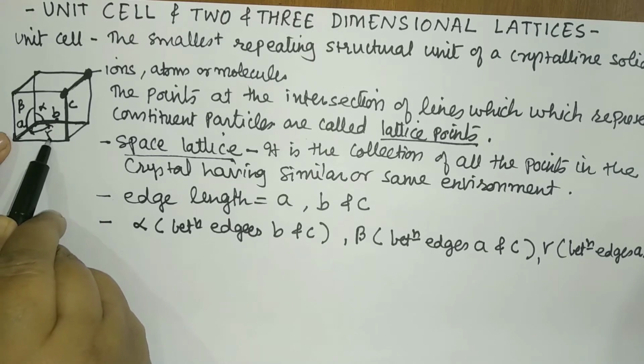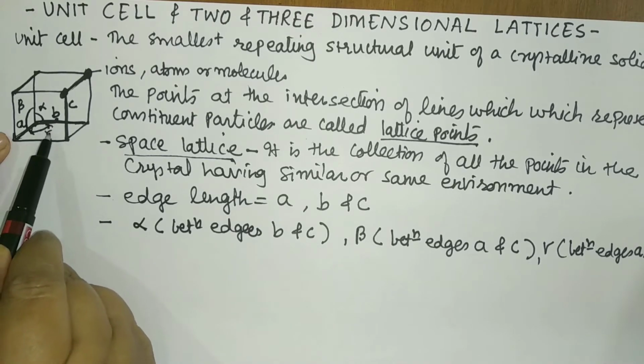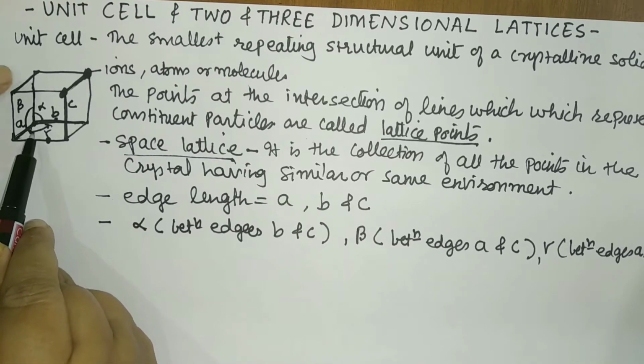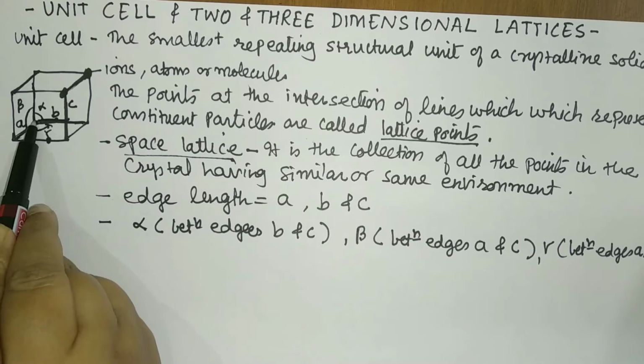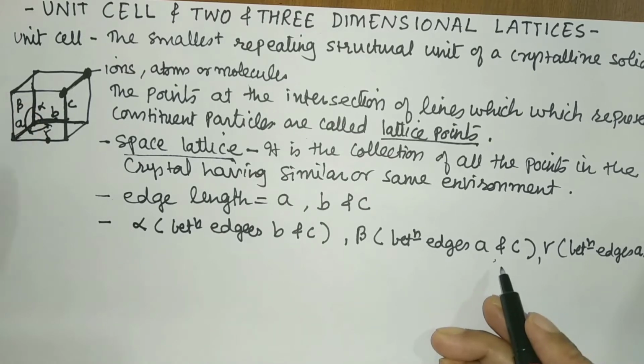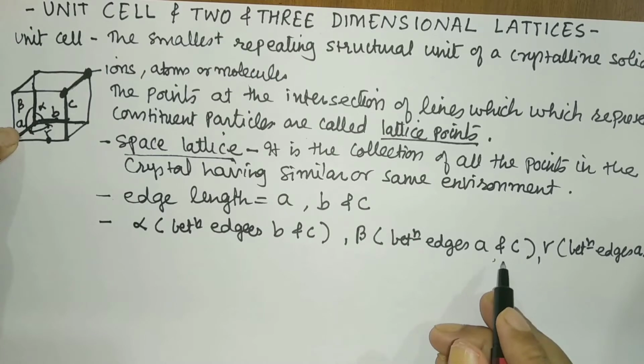If I say B and C, it means I am talking about the angle, that is, this is your B, this particular is B, and this is your C. So between B and C, it is alpha. Similarly, A and C, so this is your A, and where is your C, students? C is standing here, so between this is A. So those edge lengths are important.